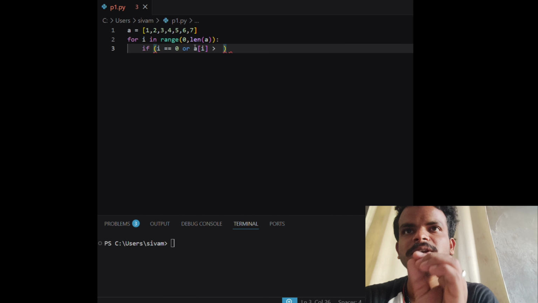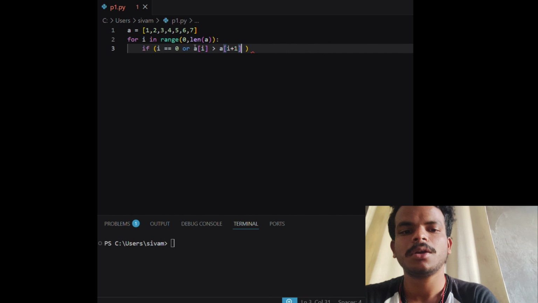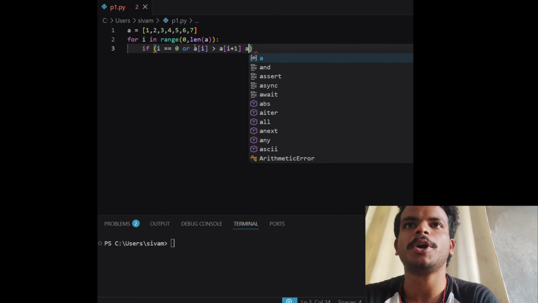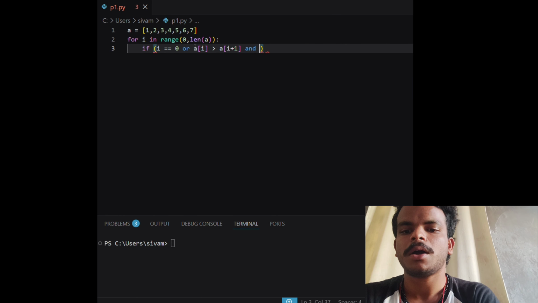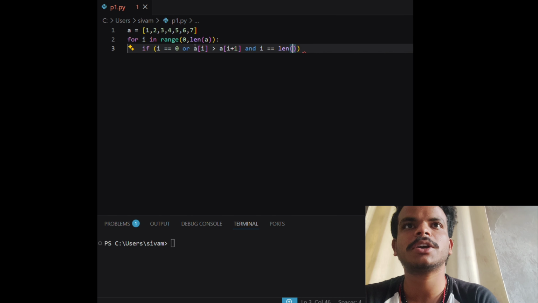Imagine if it is the 0th index, so it should be greater than a of I plus 1, right? So a of I plus 1, we got the point. And that particular I should be equal to the length of a, that is nothing but 7 minus 1, okay,